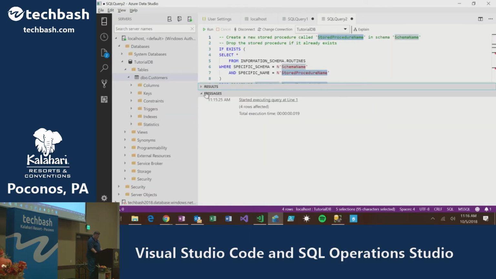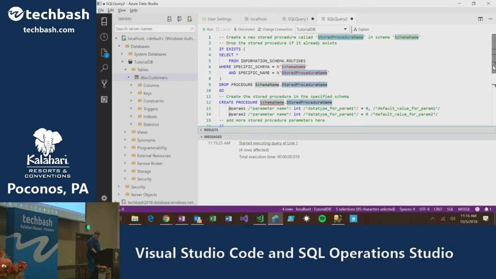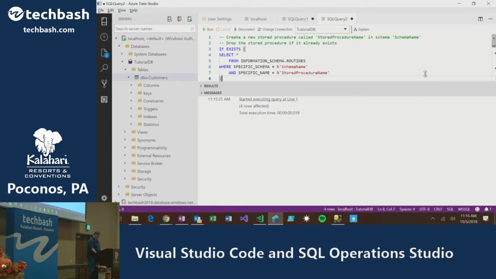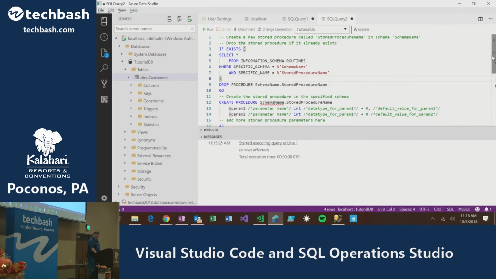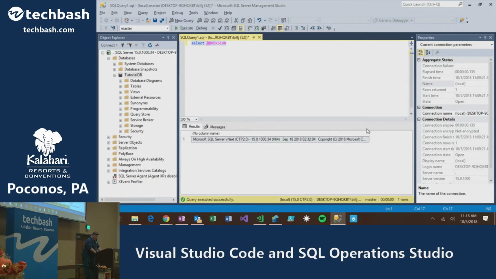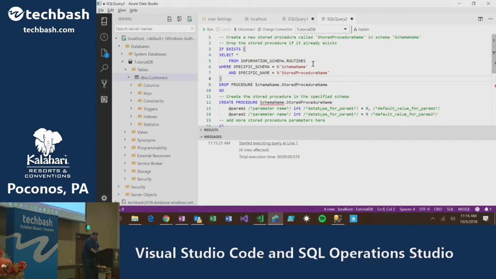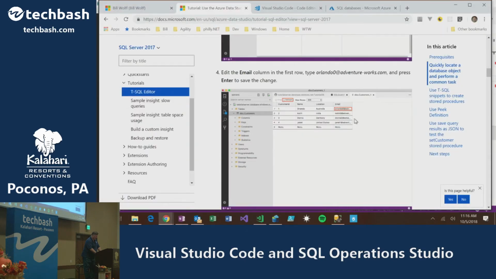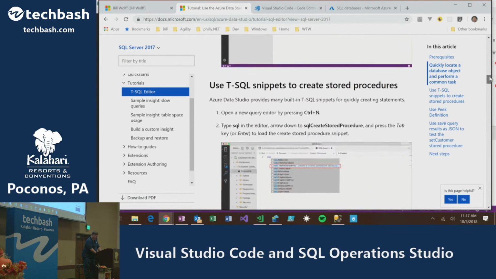So let's take the results and the messages and move them down a little bit. That was pretty simple, and this works very similar to Visual Studio Code snippets in the sense that once you create your snippet, there are words that can be replaced.